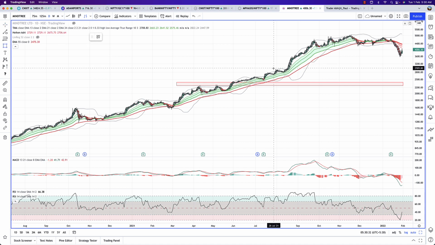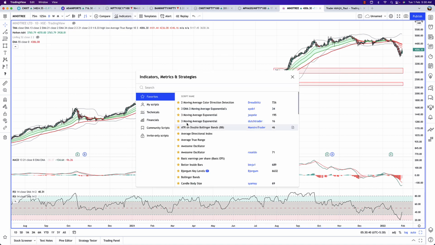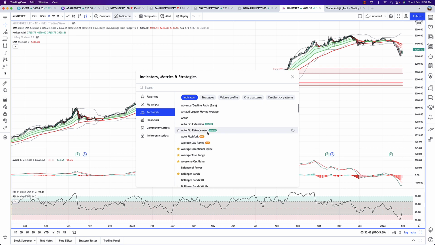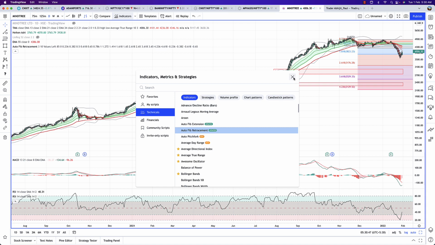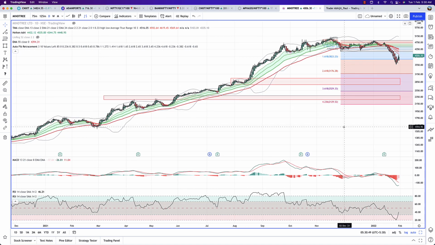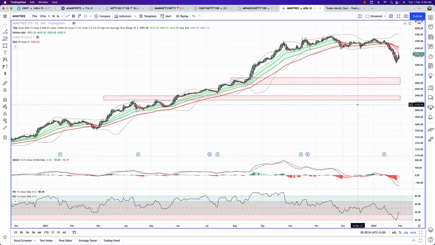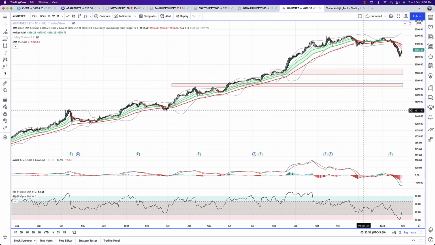So I would say something like this, something like this. I'm essentially marking the zones. I'm not going to draw Fibonacci right here. By the way, there is an auto Fibonacci. I don't know if you're aware of it. TradingView has an auto Fibonacci retracement, which you can just click on and it will mark it for you. Nice, very clean. But I'm not going to do that. I'm not going to go into any kind of esoteric analysis here. But this guy can come down to the levels of 2800. This is the first congestion. I can see previous highs here.